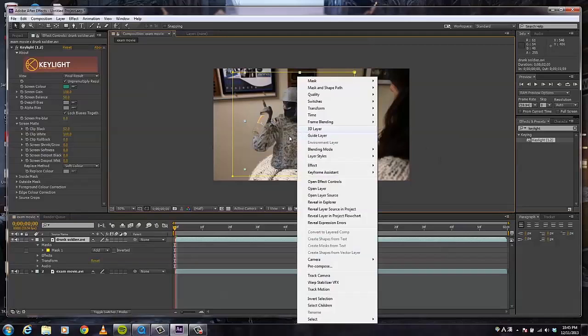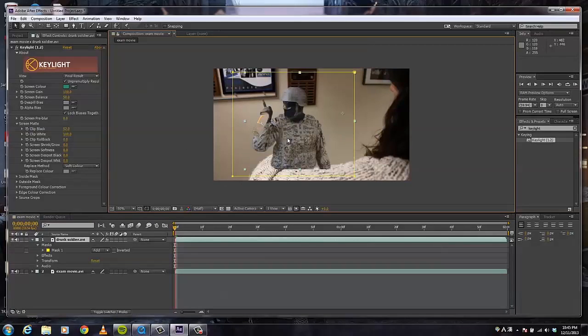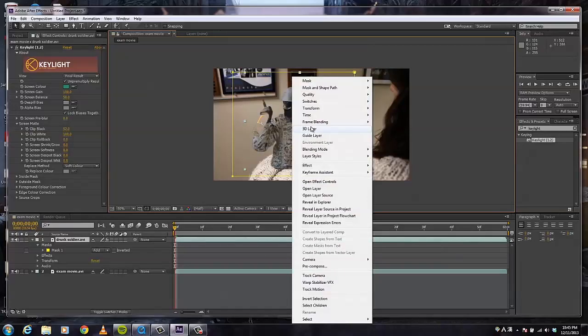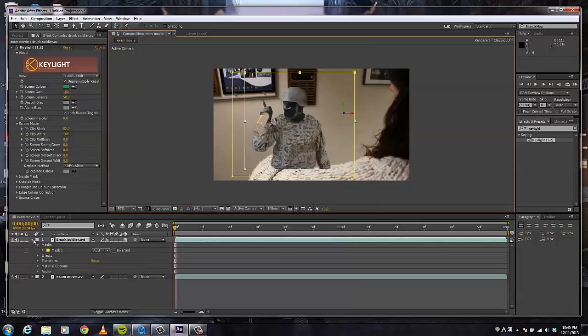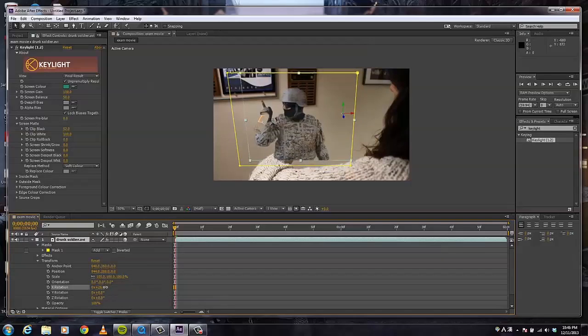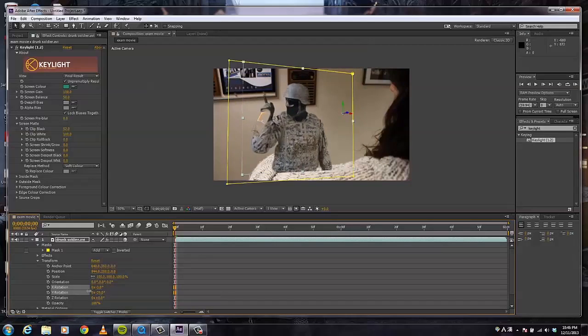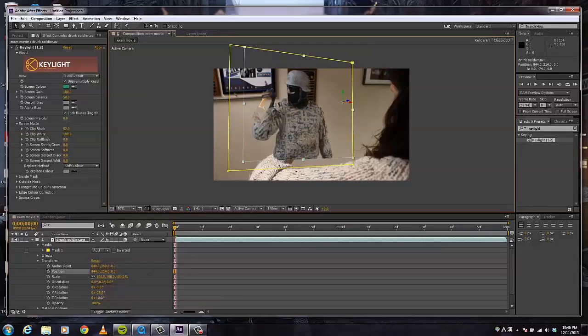let's position this in a 3D layer. So what you do is right click, and in here there's an option called 3D layer, and it's going to try to position your video, your footage, in a 3D plane. I'm going to adjust this, go to material options, transform, and I'm just basically going to move this around a little bit like that. So you can move it around,